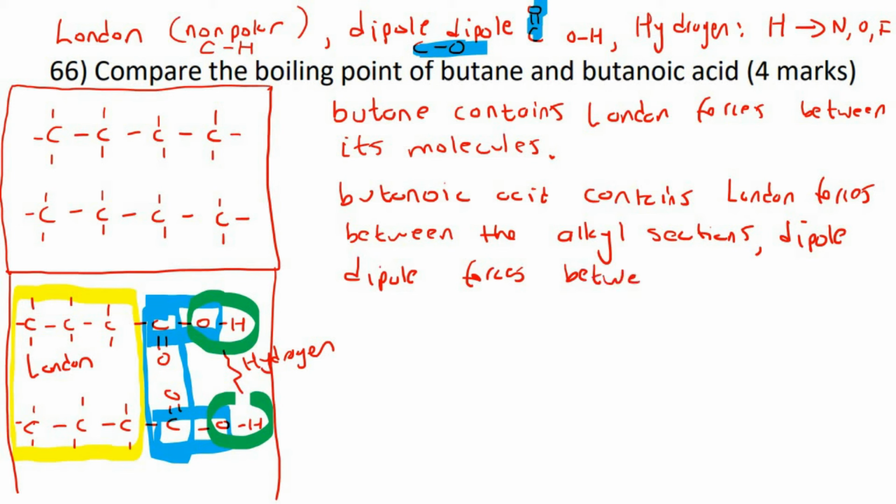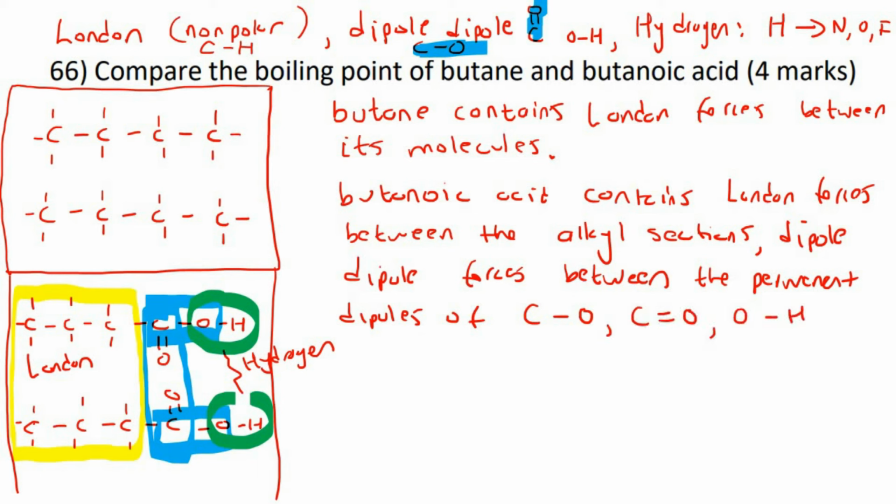Some teachers wouldn't expect you to give all of these. They would only expect you to mention the most dominant ones. So they would only expect you to mention the hydrogen bonding. Okay? So if your teacher does that, then fine. I'm just giving you the most complete answer so that you have the fullest and deepest understanding. Okay? So dipole forces, it contains dipole forces between the permanent dipoles of CO bonds, C double bond oxygen, and even the OH bonds, okay? And then we could say that it's got hydrogen bonding